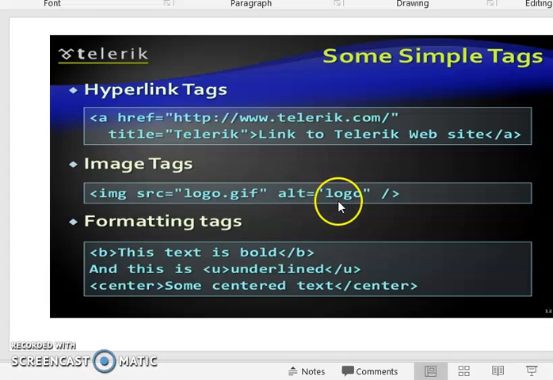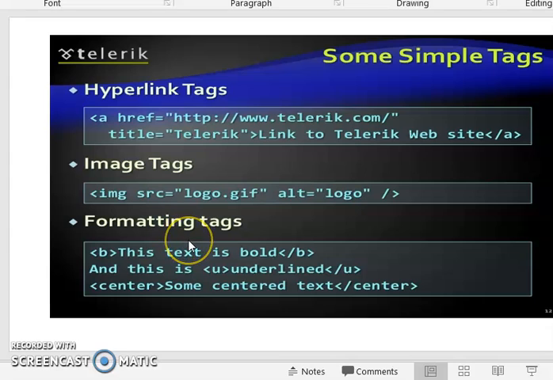So the image tag contains two attributes: src is the path and alt is an alternate text for the image. Using this tag, we can create images inside the web page.